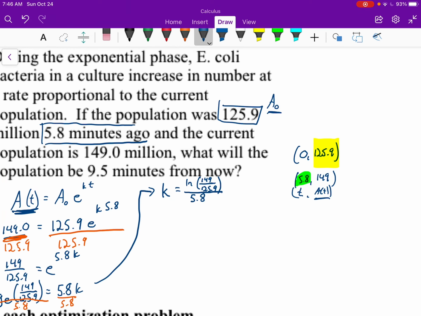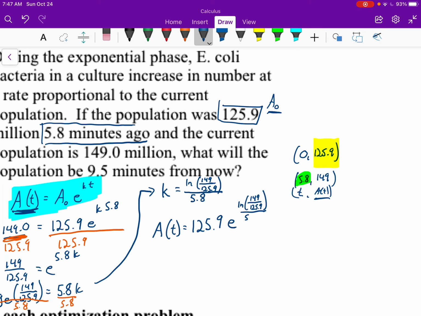And then we can go back and write this general equation with our value of k in there. So this is A of t equals A of 0, which was the 125.9, times e to the k. k was natural log of 149 over 125.9